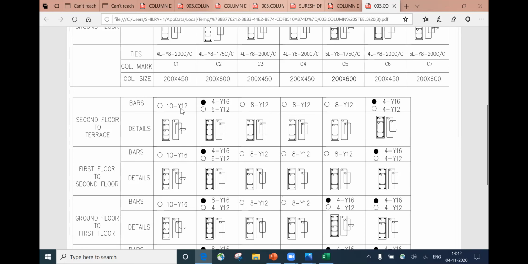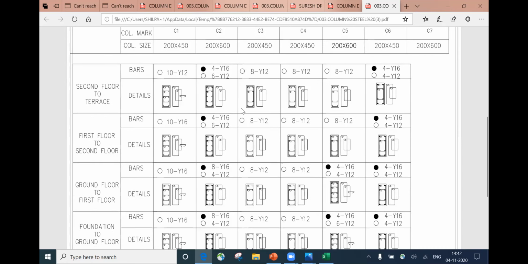You have to just lap the bar. What lapping is, we'll try to understand in some other class. So you have to lap the bar, and instead of providing 16, provide 12 diameter bar. The same thing they are going to do in each and every place. If you feel the load coming on the terrace is less compared to the load coming on the second floor and the first floor, you can decrease the diameter of the bar. Usually we don't decrease the number of bars because that will create a problem. It's always better to take the same number of bars throughout.